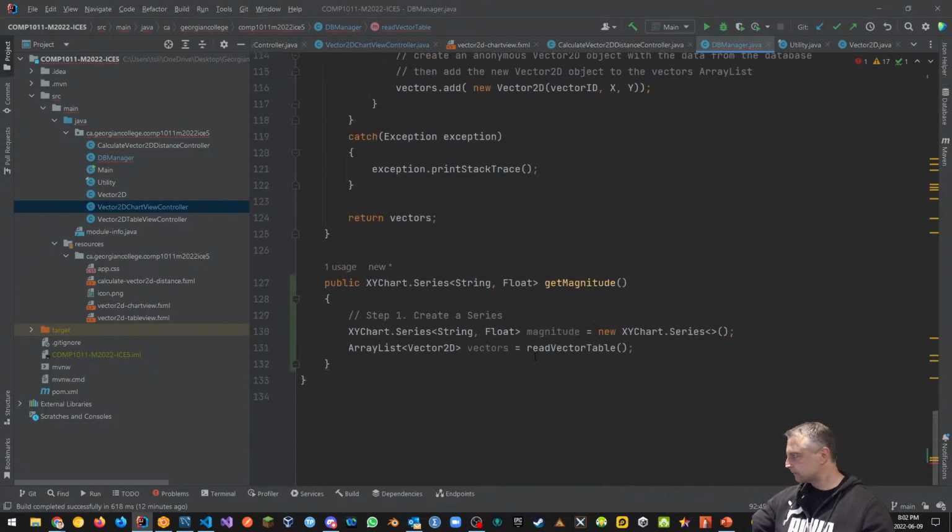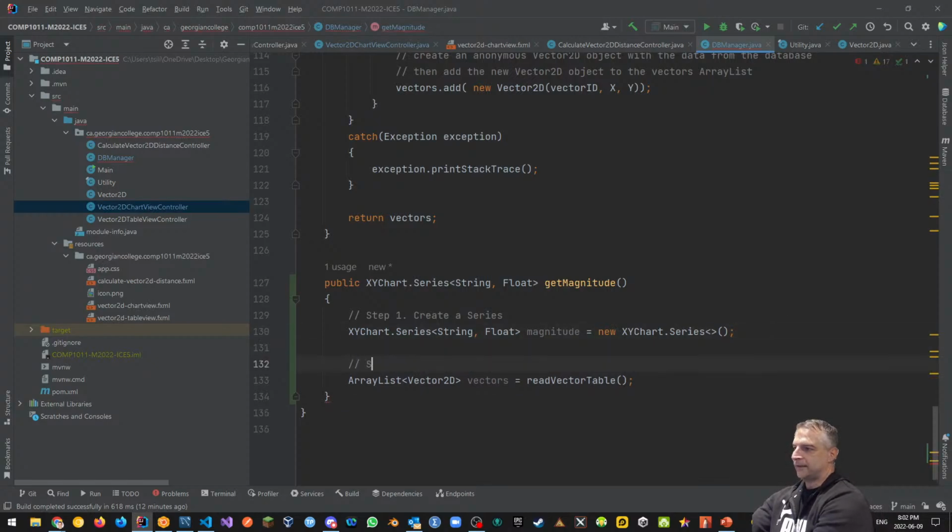That's line 2. So step 1, create the series. Step 2, get the data. This line right here gets the data from the database. That's how simple it is. We already got data. We're already reading data from the database. I'm just using it again right here. And we're just changing the way the data is displayed into a chart instead of a table. That's the only difference, okay? And then what's step 3? Step 3 is I want to loop over each, actually, let's